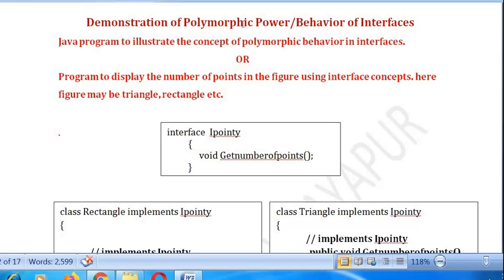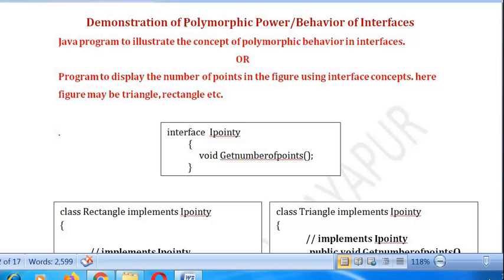That is, there must be a relationship between the classes. But in interfaces, there is no need for a relationship between the classes. That is why we can say that interfaces are very important as compared to abstract classes, because though the classes are not related to each other, we can achieve a polymorphic behavior.